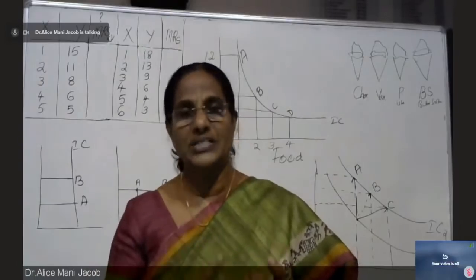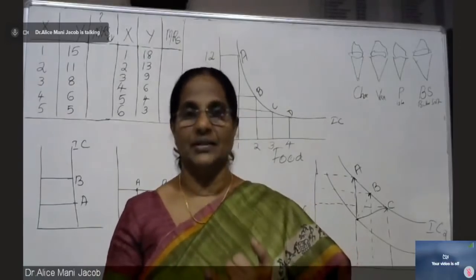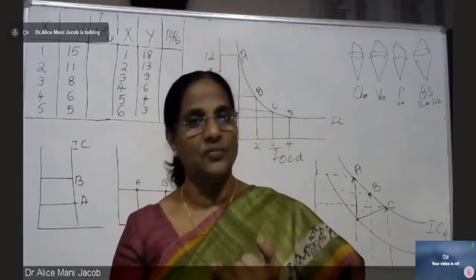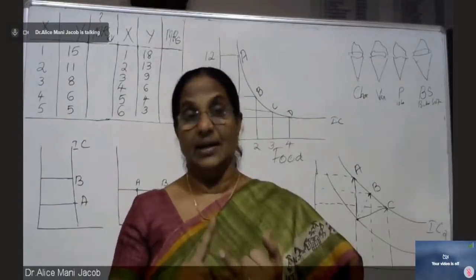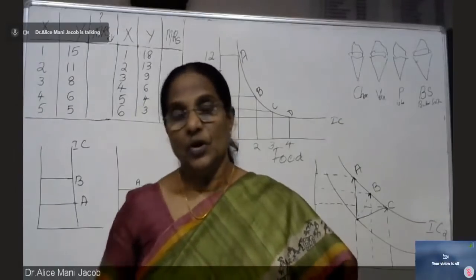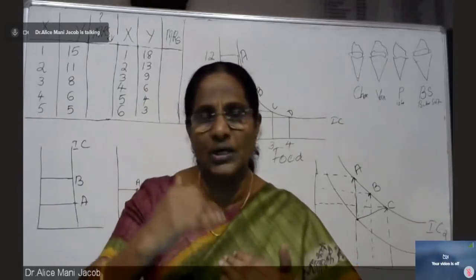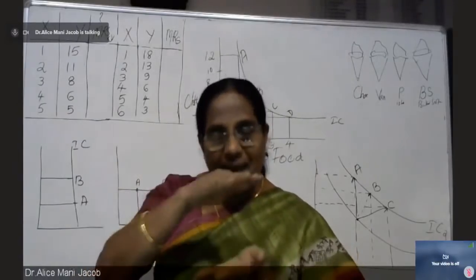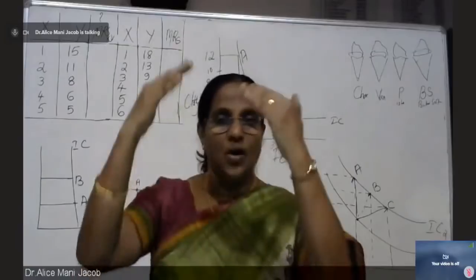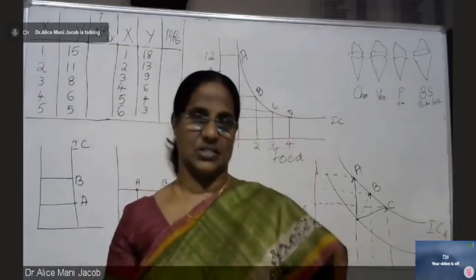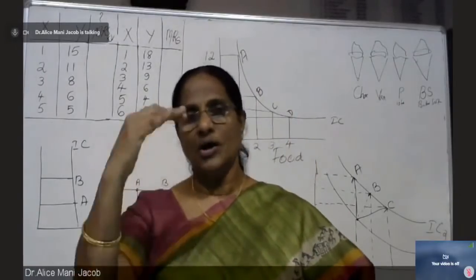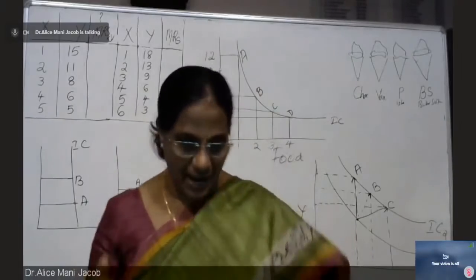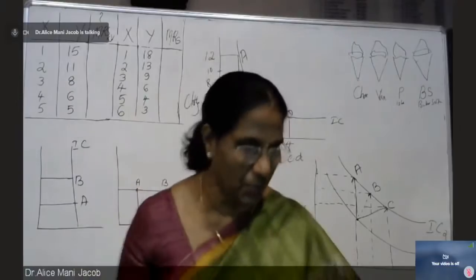Then, how is it possible to measure it? It is not possible to measure it and express it in the form of numbers. Then, what is possible? You can only order your utilities. Order means put it in order, order your preferences. Okay, ordering of preferences means, I have drawn here on the board